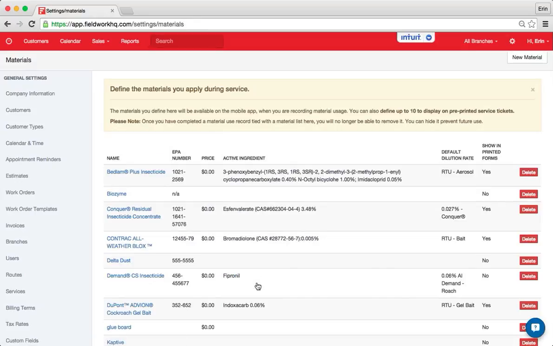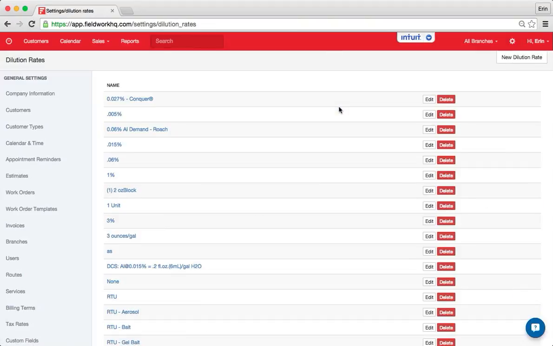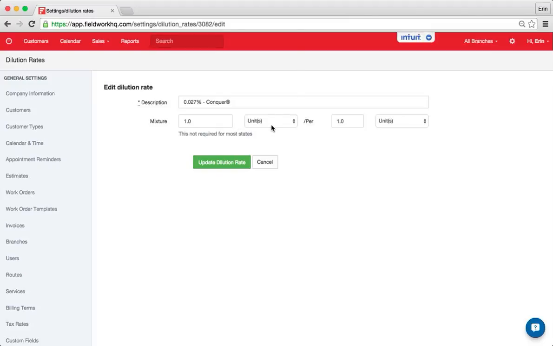When you are managing dilution rates, along with materials, our system manages dilution rates to a point where you can create different mixtures for different types of materials. So you'll notice for this, Conquer might have several dilution rates. So when the active ingredient is 0.027%,